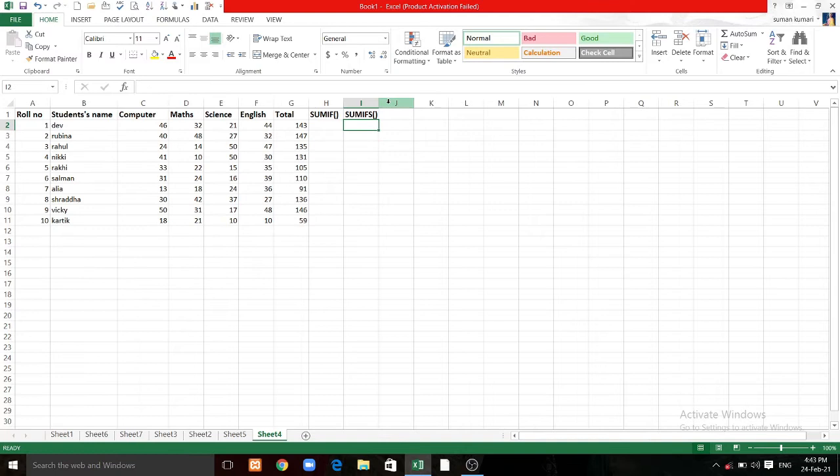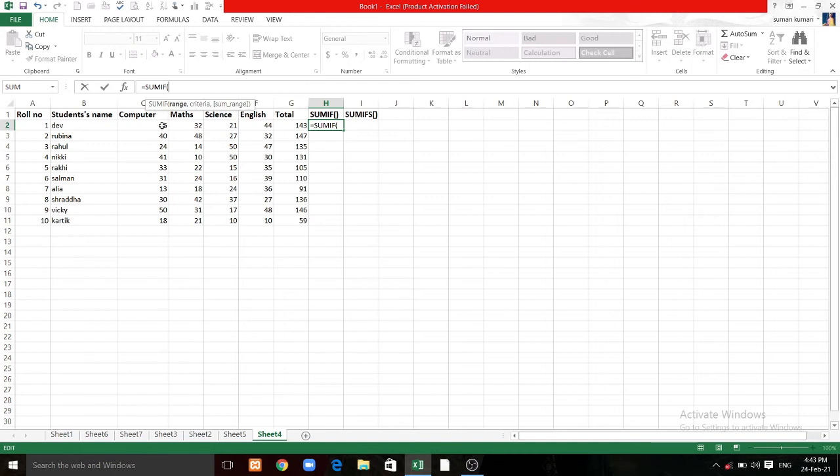So the next function is the SUMIF function. SUMIF function is used to sum or add the values when a condition is fulfilled. For example, I have data of students and I want to add only the marks which are larger than 30, and marks below 30 are not added in the final output. So I have to put the SUMIF formula like this: SUMIF,